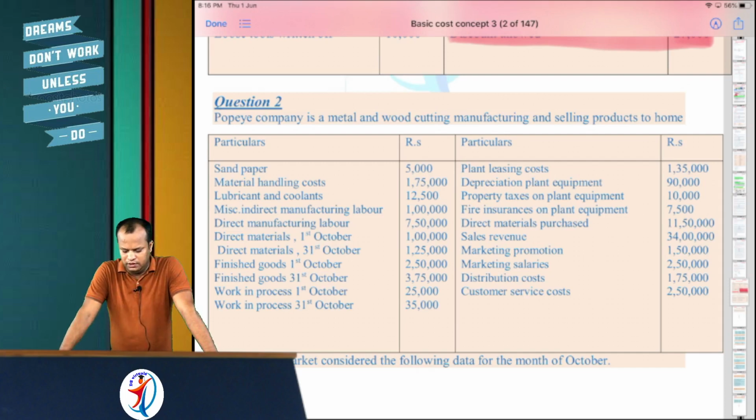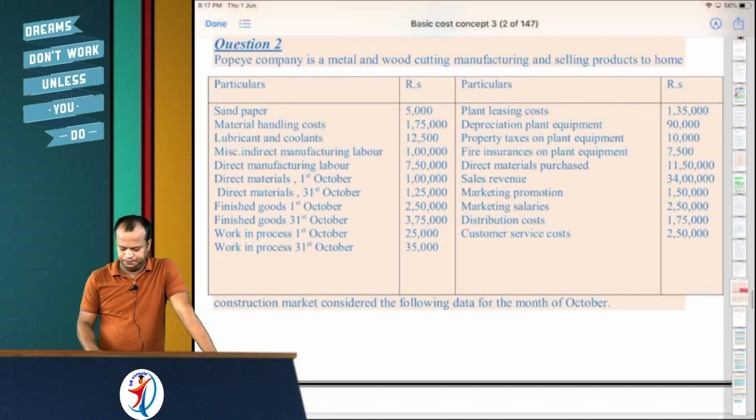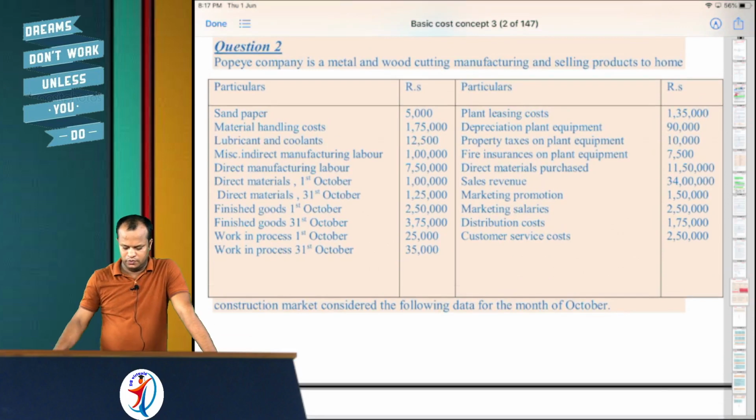Popeye company is a metal and wood cutting manufacturing and selling product to home. Following particulars are available. Sandpaper 5,000, material handling cost 1,75,000, lubricant and coolants 12,500, miscellaneous indirect manufacturing labor 1 lakh, direct manufacturing labor 7,50,000,